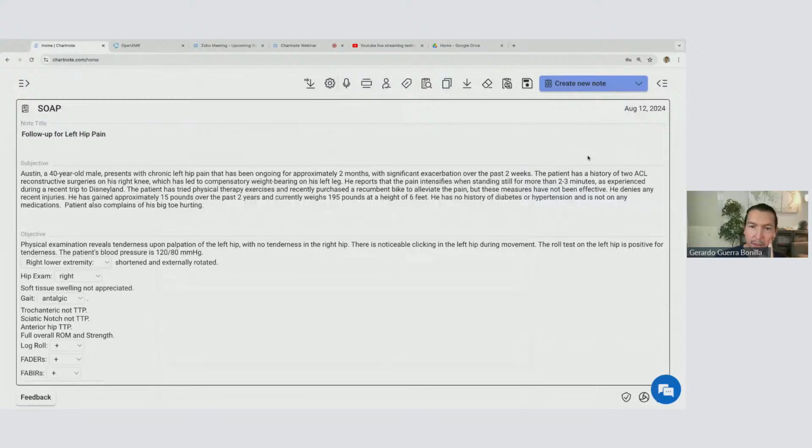This is a 42-year-old male with history of 2 right ACL reconstructions and presents to the clinic complaining of left hip pain. He thinks he's compensating because of his right knee injury. The pain exacerbates when he stands for a prolonged time. And he's overweight. And on exam, there is some crepitus on his left hip, tender to palpation, positive roll test,